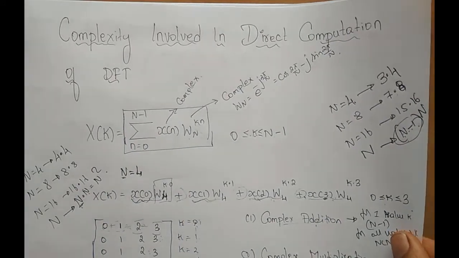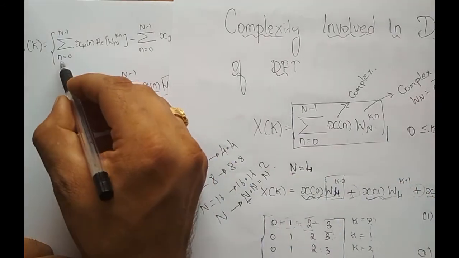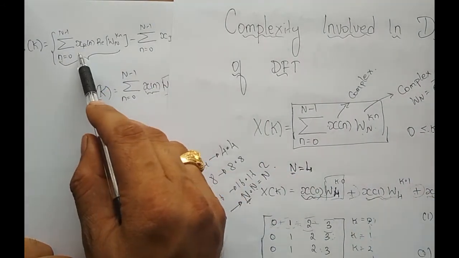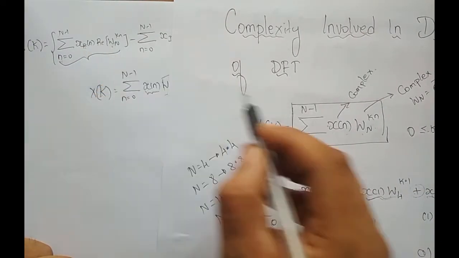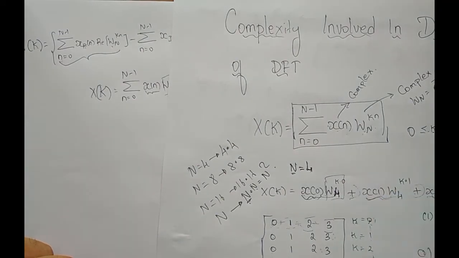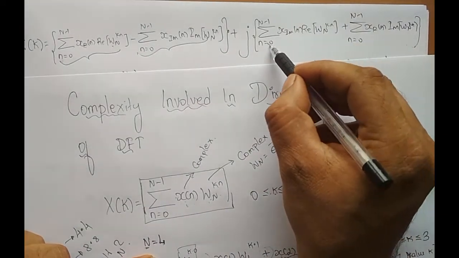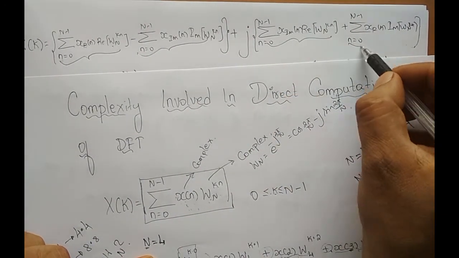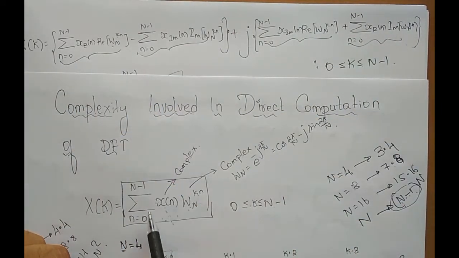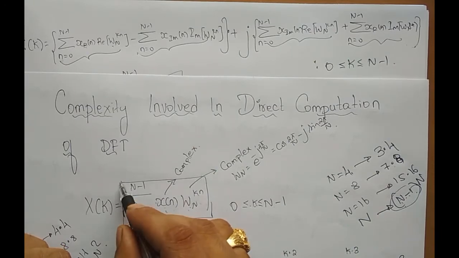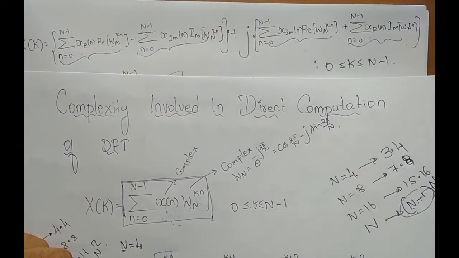So if you just look at this equation, this one equation with just one term, both are the same. The only difference is that this is a real term and this is a real term, whereas here this is complex and this is also complex. Similarly, this term also resembles something like this, and this term also resembles something like this. If you look at this equation, we have four summation terms like this: one is here, one is here, one is here, one is here.